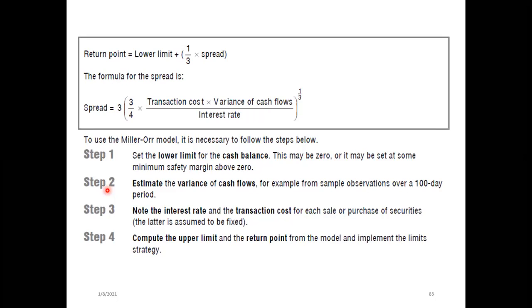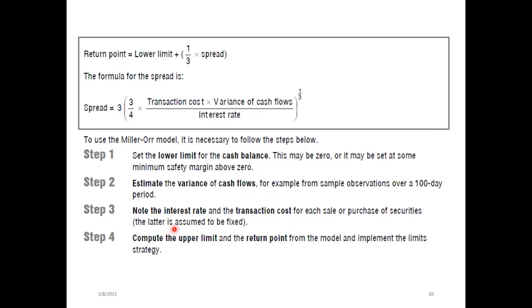The risk of a security is normally measured by the standard deviation. With that method, you can estimate the variance of cash flow,